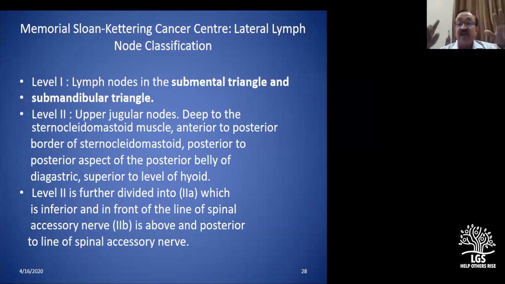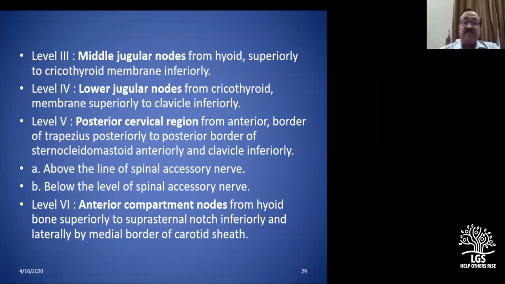So I advise postgraduates, when you have a case of metastasis in the neck, don't use the words jugulodigastric, jugulo-omohyoid, etc. Try to use the word levels only, because the management is based on that. So here again, written here 3, 4, 5. In relation to the hyoid bone, level 2; cricothyroid membrane is 3. Then you have the 4 there up to the clavicle. 5, I have mentioned to you, is the posterior triangle.